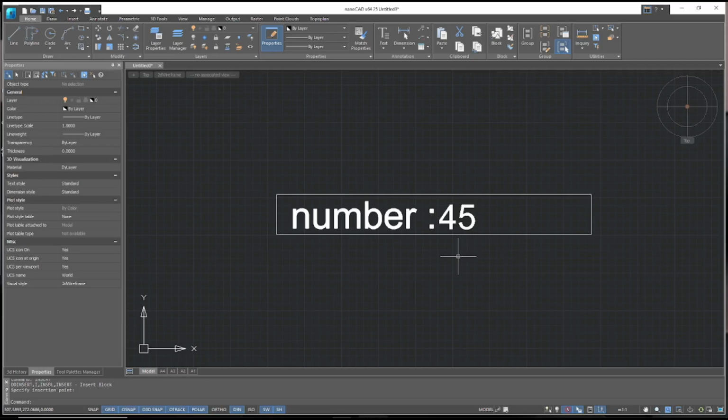Okay, that's it for the basic NanoCAD tutorial, how to add attribute to